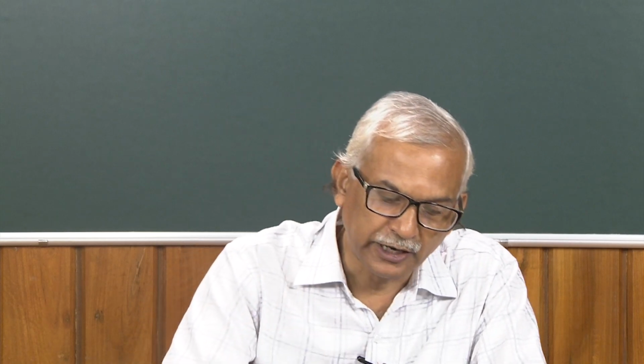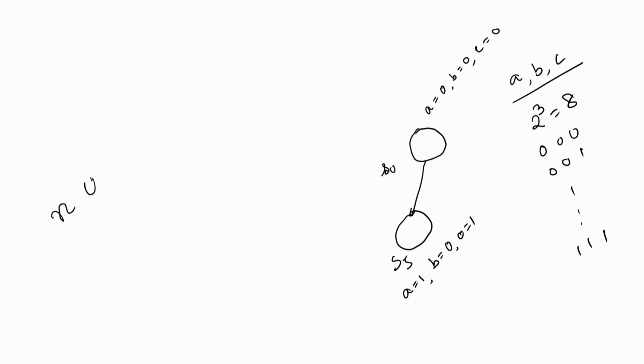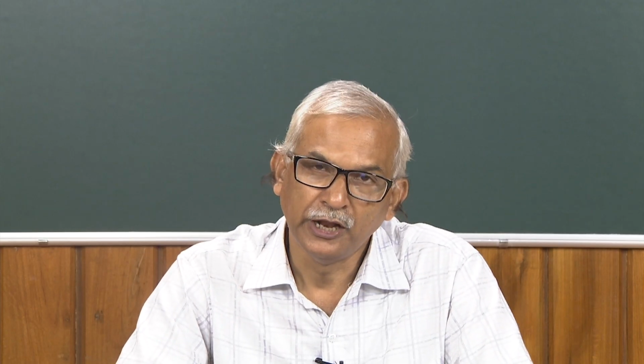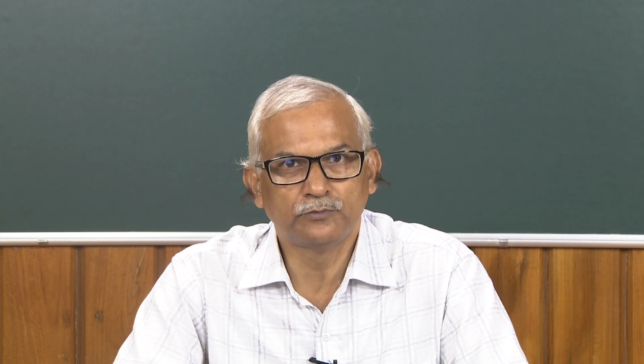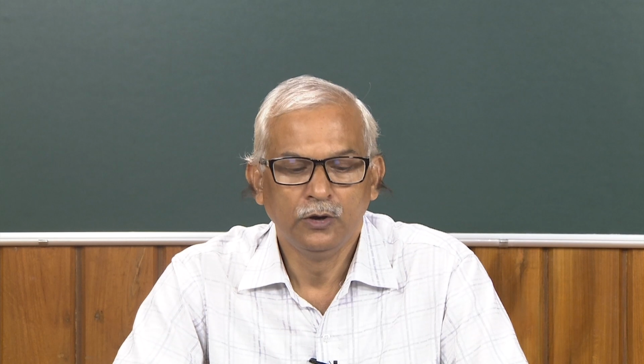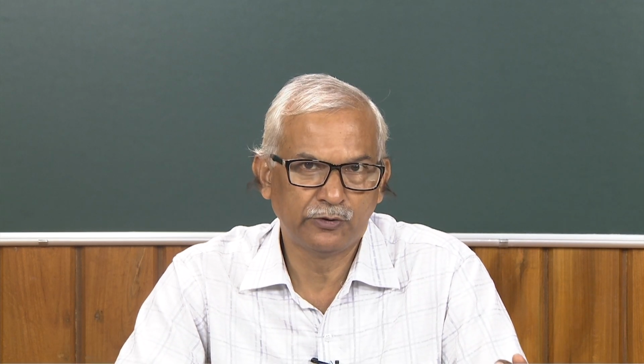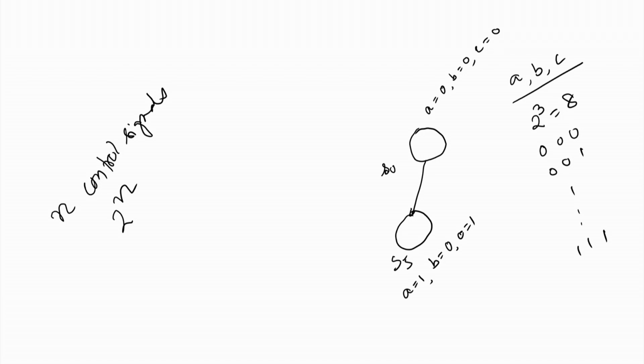Now, if I have n control signals, then the total number of states, or the complete state space, will be 2 to the power n. So, if n is 10, we get 1024. If n is 11, we get 2048, and so on. So, you see, if we increase the number of control variables, the number of states also increases, but in some systems all states may not be reachable.